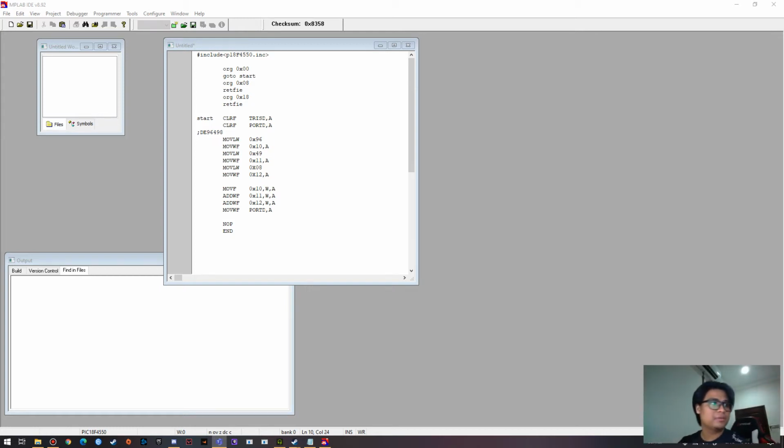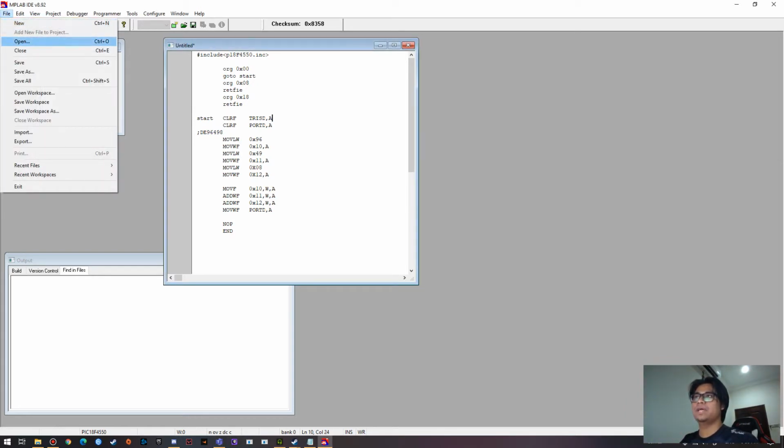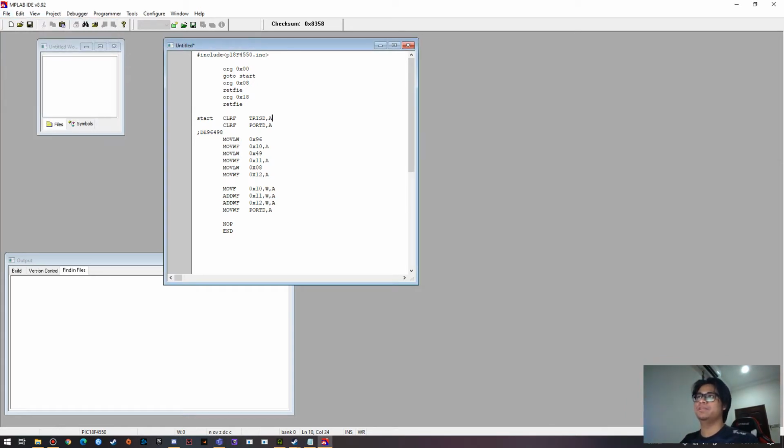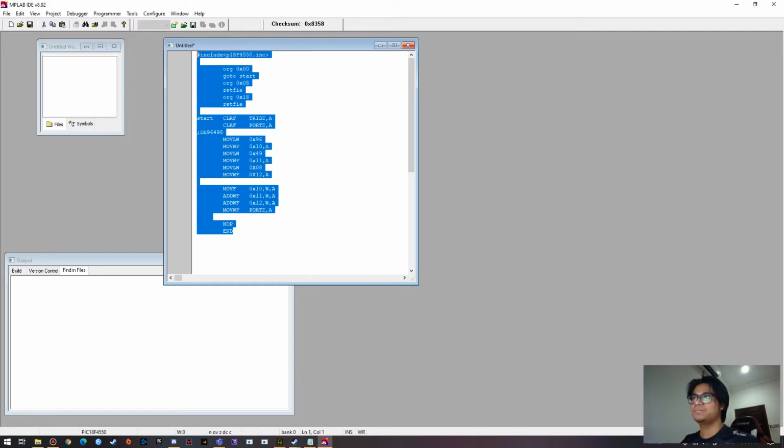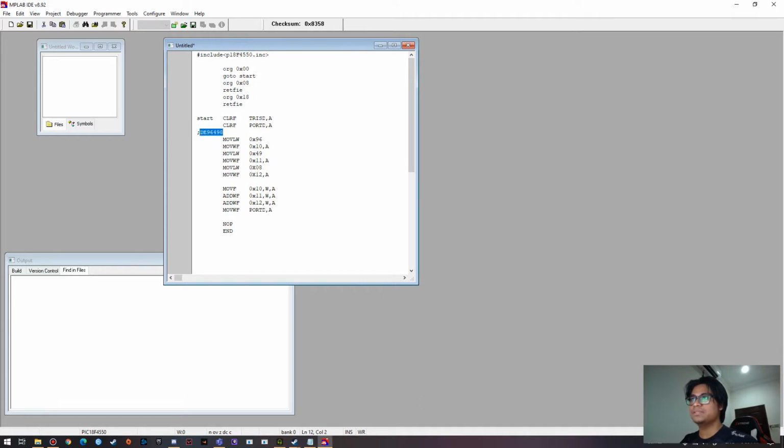Hello, for today's program we have to write an assembly program to perform addition of all digits in your student ID, and use the watch functionality in MPLAB to show that your result is correct. So the first thing we have to do is to go to File and click New, and it will pop up this window. And this is the program that I have written, and this is my ID